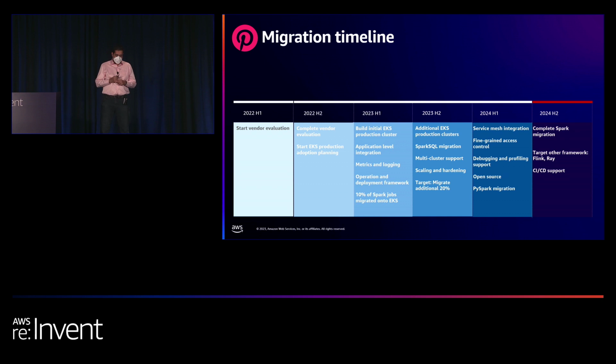Next year, our focus will be doing more work with integrating into the rest of Pinterest. Specifically, for instance, the Pinterest service mesh is a big one. We want to look into PySpark migration as well, finer grain access control, and then start open sourcing some of these components that we have, because we feel that there would be a need in the community. I'm sure we are solving problems that others will also encounter. So if you are interested in learning more about some of these, happy to share.